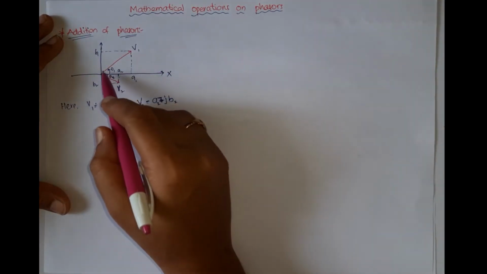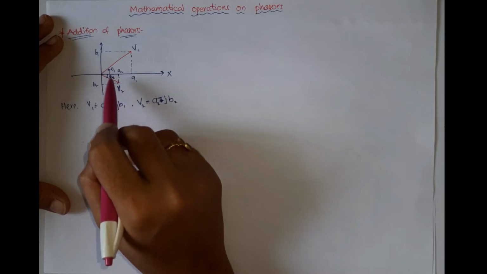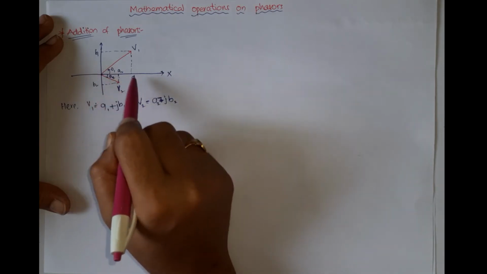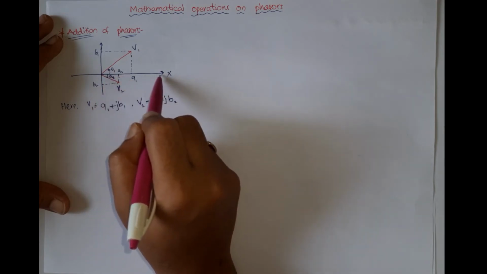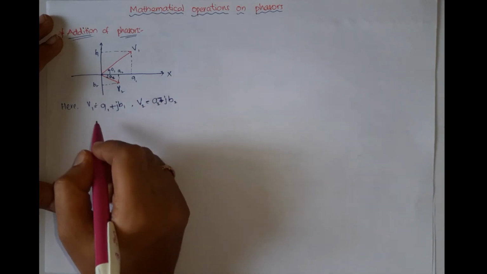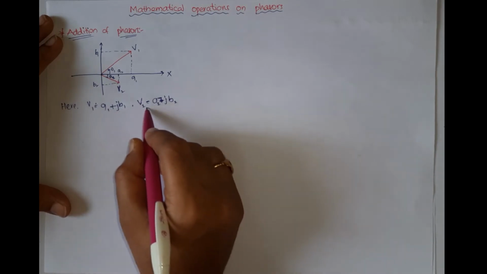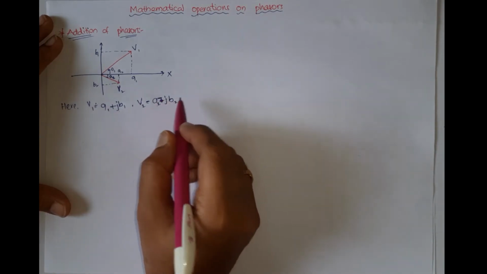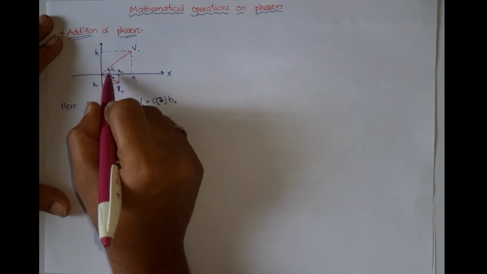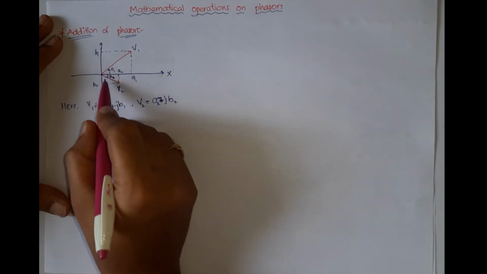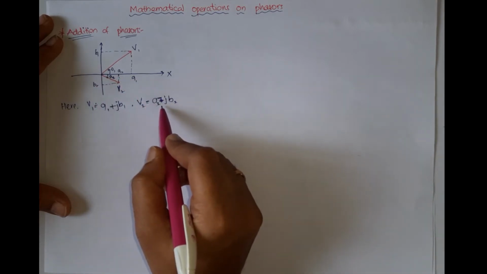Here I have taken two different phasors V1 and V2 with magnitudes as shown in the figure, A1, A2, B1, B2, as x coordinates and y coordinates respectively, making an angle theta1 and theta2 with the reference x-axis. So the representation in rectangular form comes like V1 is equal to A1 plus jB1 and V2 is equal to A2 minus jB2. Why? Because if you observe here, theta1 I have taken in the anti-clockwise direction, but theta2 I have taken in the clockwise direction, so the representation is minus here.